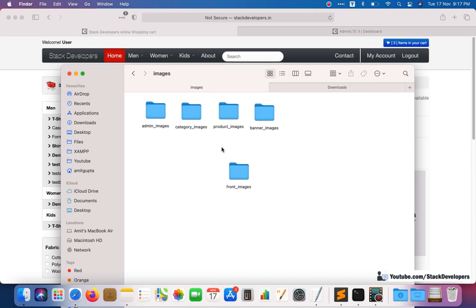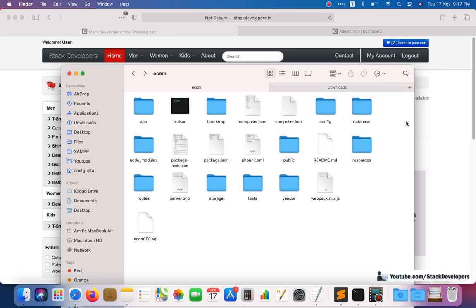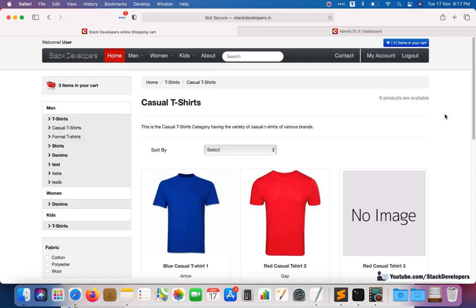So this is the high quality code you can see, and I am explaining this in our video tutorials as well. So you can get all this if you want.